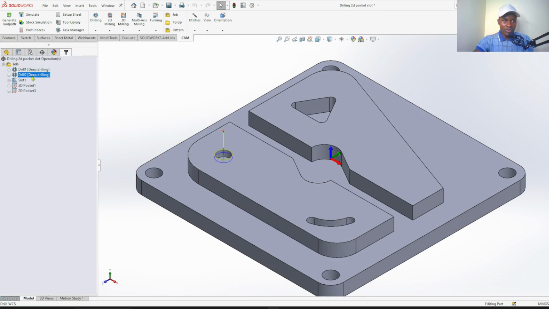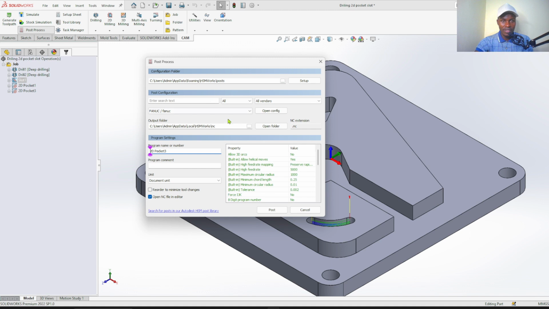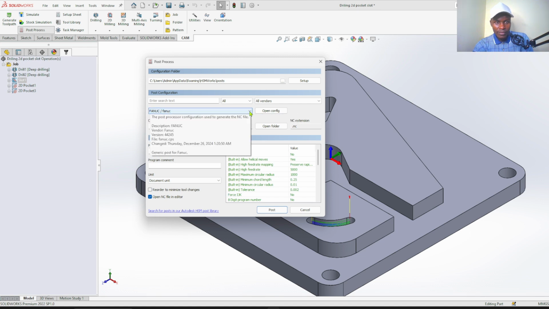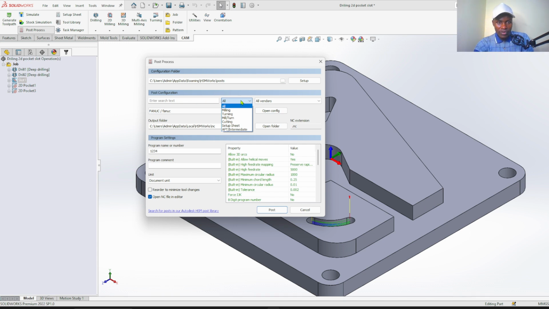You will repeat the same as for drilling. We go to slot. Post process. It will still be Fanuc. Code 1, 2, 3, 4. And then the type of operation.